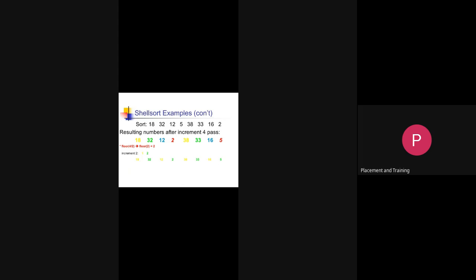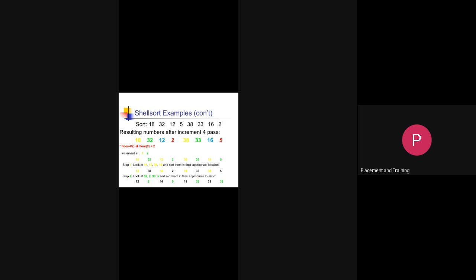So first case, when I'm calculating my gap value, how I calculate my gap is n divided by 2. So when I'm doing n divided by 2, I got 8 divided by 2, 4. And then that value, that 4, divided by 2, so I get 2. So now I compare every second digit. So I'm going to compare the values. What am I going to compare? Initially, I'm going to compare 8, 12, 38, and then my 16,